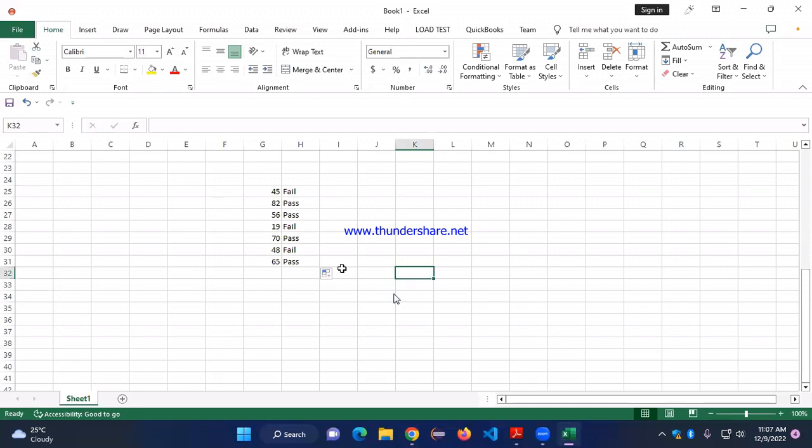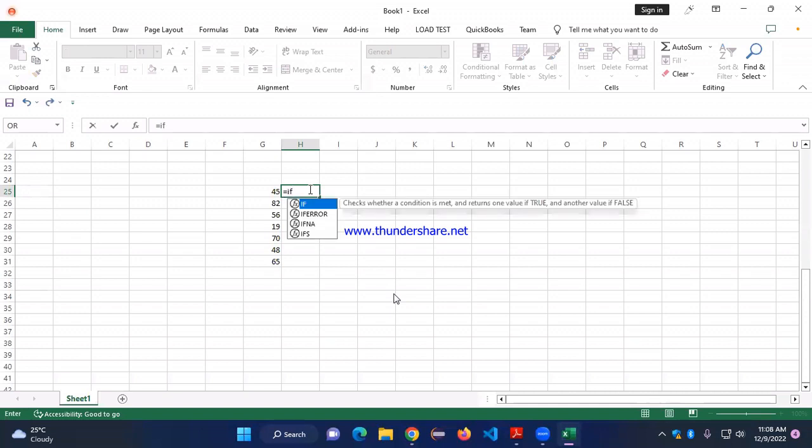Okay. If there is more than one condition, like greater than equals to 75 A, greater than equals to 65 B, greater than equals to 55 C, or less than 55 F, for that we have to use the if function again and again. So how we can type that function, we call it nested if. Equals if, open bracket, this marks, select the first cell, this marks greater than equals to 75,